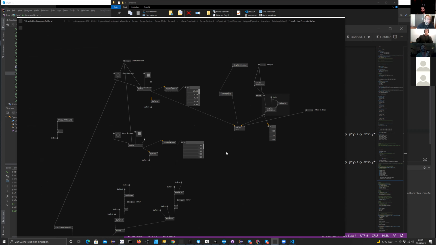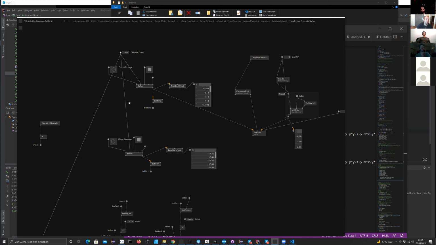Okay, so this looks now a bit more complicated. We also have a system to simplify it a bit. But if you just really want to work with buffers, then this is pretty much the way to go. So in this case here, we have a buffer, and this buffer gets created. This is pretty much